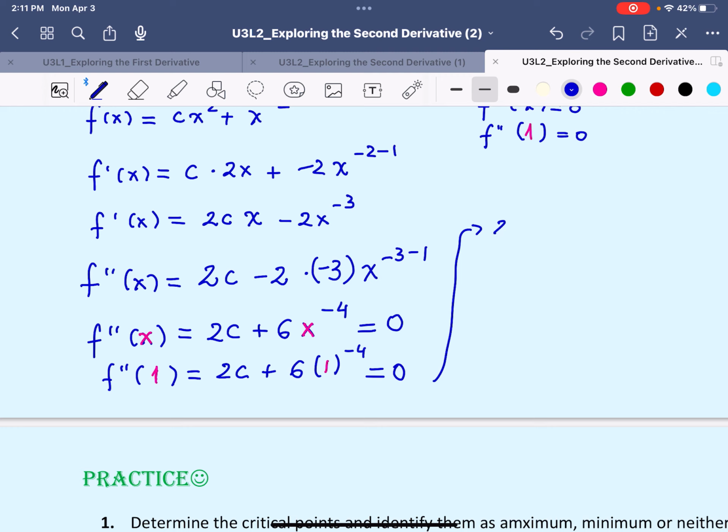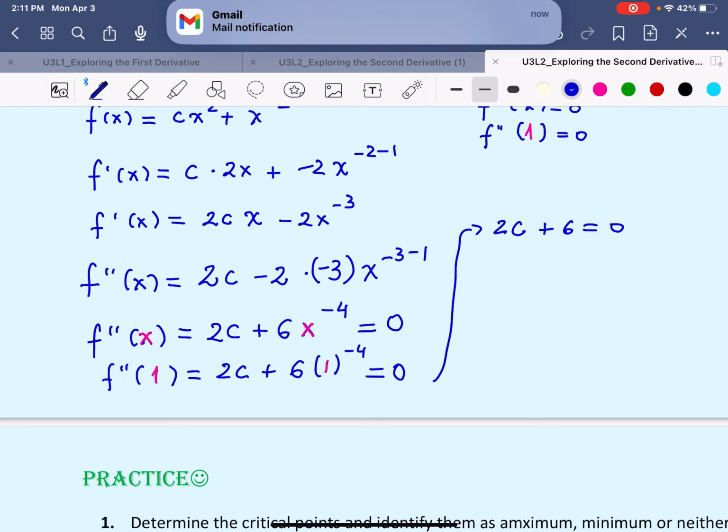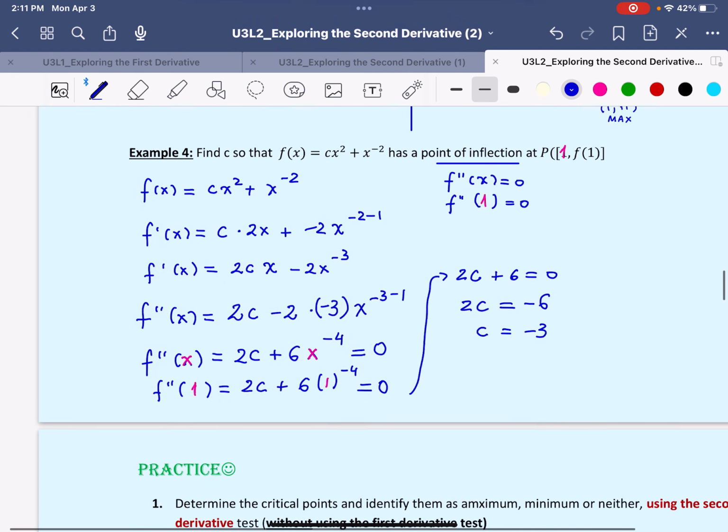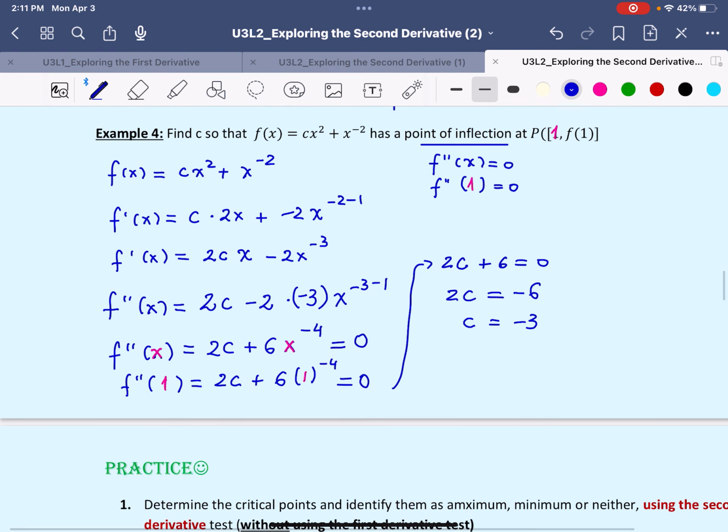So we have 2c plus 6 equal to 0. 2c equals negative 6. So that will make c equal to negative 3. Therefore, we're going to say that if c equals negative 3, then yes, the function will have an inflection point